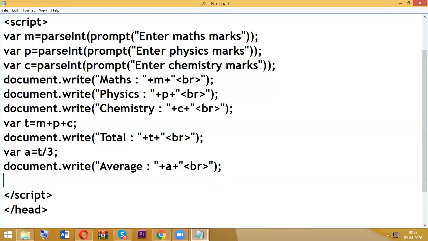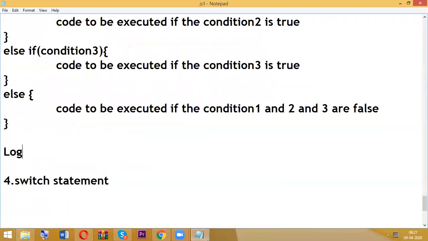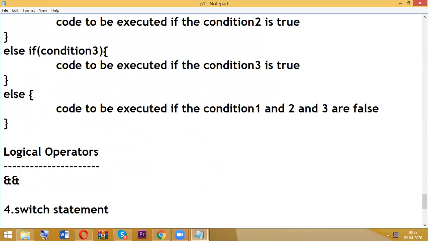So next, in this example, now I'm going to use logical operators. So one is AND operator, another one is OR operator. So what is the difference here?